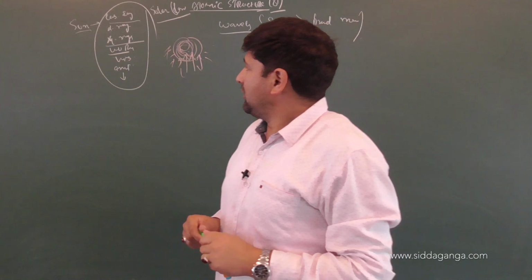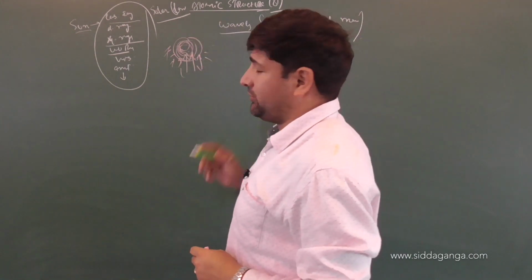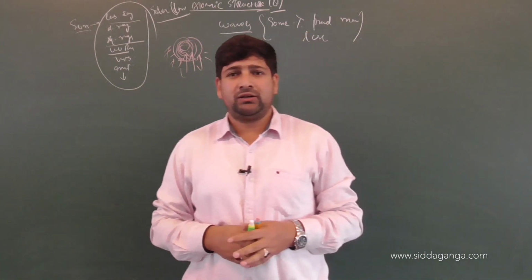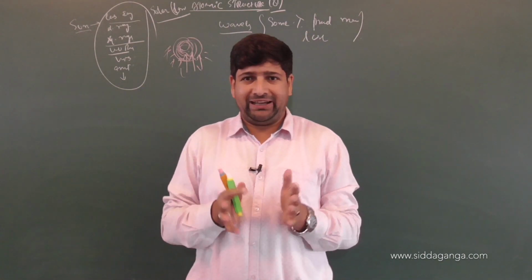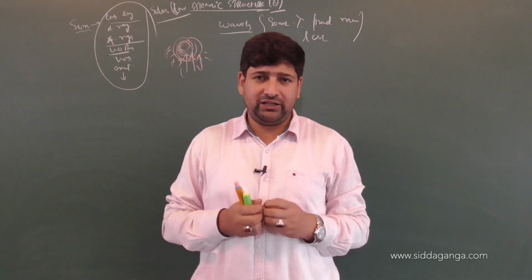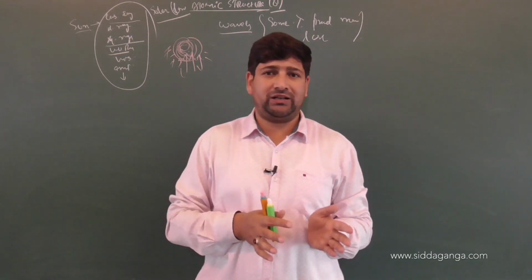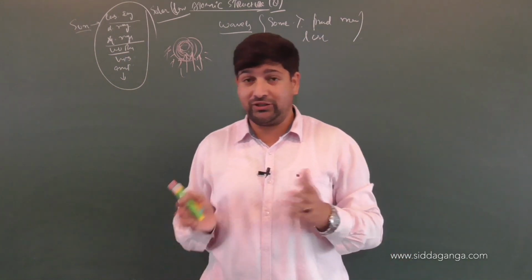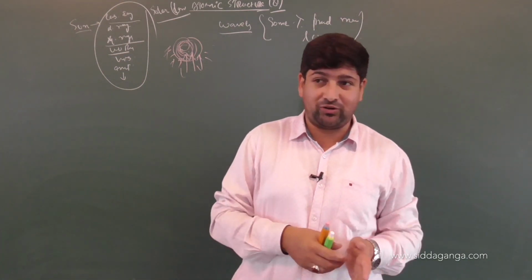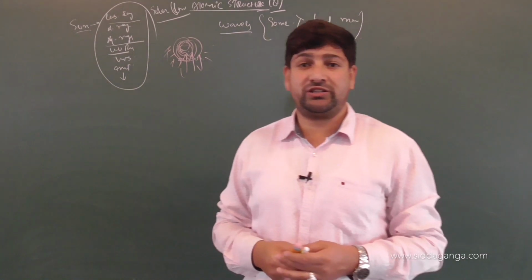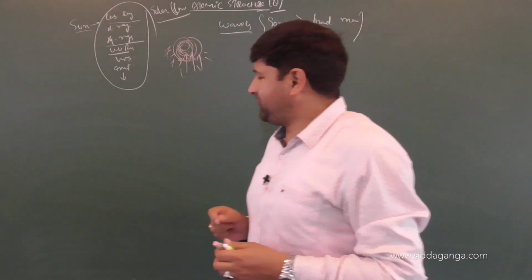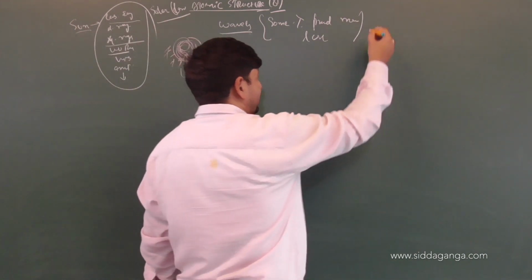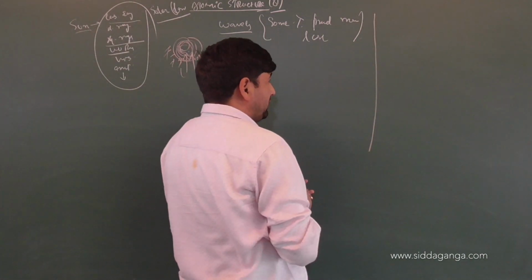Today we continue the discussion of the dual nature of matter, and in that, as I mentioned earlier, we will show by experimentation that indeed light also shows dual nature. Not only general matter, light is also a type of matter, so it also shows dual nature. Let us look at some of the phenomena shown by light, like